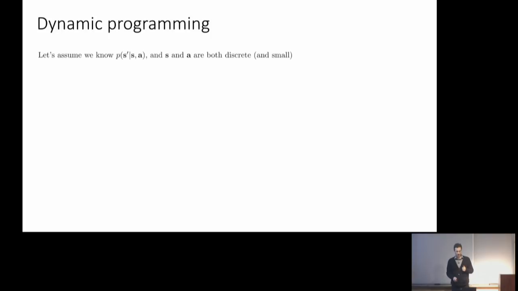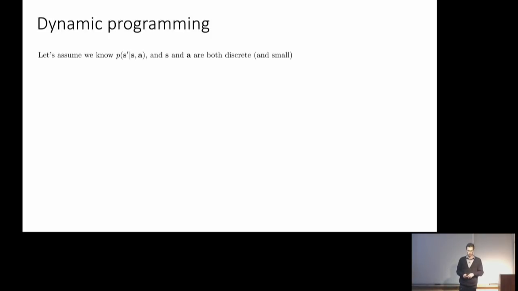So what I'll do first is talk about how we can recover V pi in a pretty easy way if we assume that the transition probabilities are known. So this is dynamic programming. And then from there, we'll go into a setting where we introduce function approximation, we introduce sampling, and so on, and get rid of these assumptions. But it's quite illustrative, I think, to first walk through the dynamic programming setting where you assume you know all the transitions everywhere, and furthermore, we'll assume that we can maintain a tabular representation of our value function.